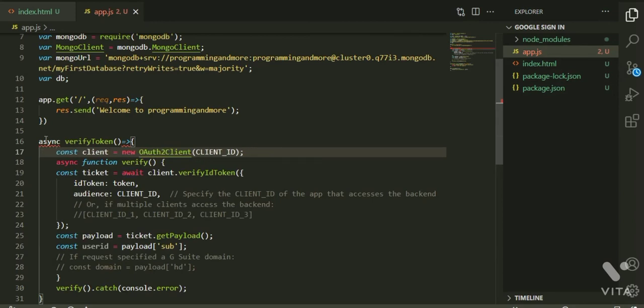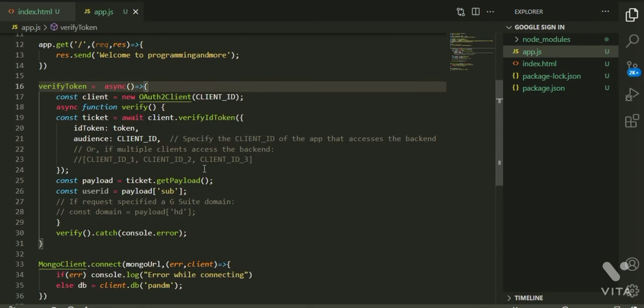Okay, this is an arrow function, so I have to keep async here, not there. verifyToken equals async function of this one.